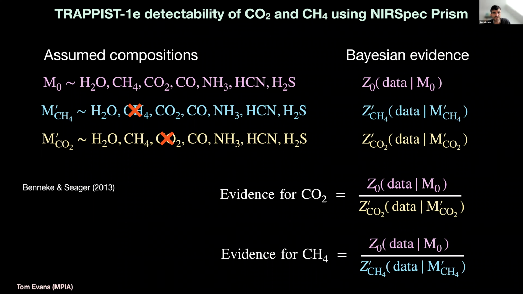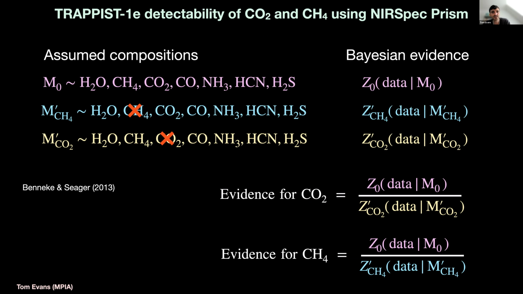Okay, so in terms of the Bayesian framework, for each of these retrievals that was performed, to determine if we actually detect methane or carbon dioxide and the confidence with which it's detected, I adopted the strategy that's outlined here. Specifically, nested sampling was used for the model fitting, allowing the Bayesian evidence to be computed for each model. To start with, this was done for a model that included a suite of plausible gases that may be spectrally active in the atmosphere.